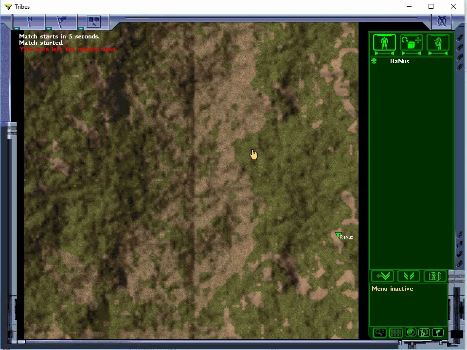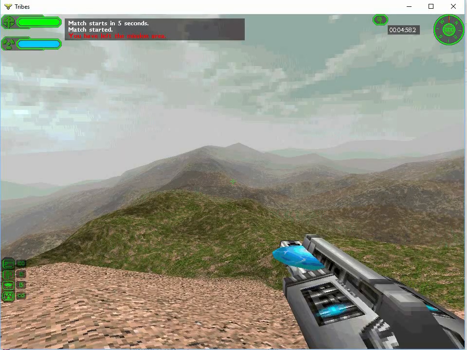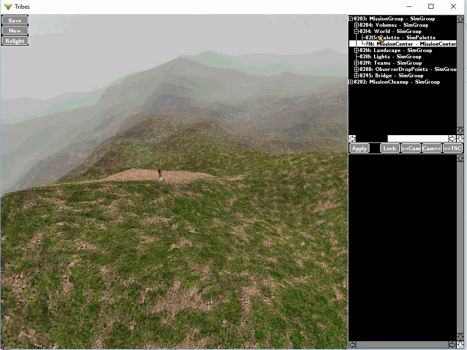Stonehenge, it's on a diagonal. Dangerous Crossing is on a diagonal. I think a lot of maps are on a diagonal. So anyway, that's Mission Center. So those are the two. Yeah, but Mission Center, I would just screw with that at the very end once you know exactly where your